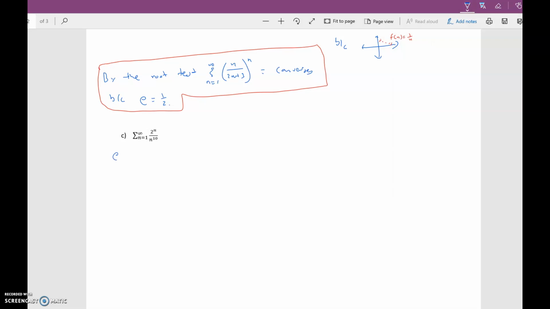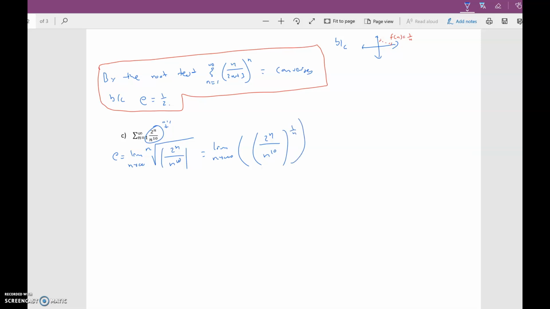At this point, I'm just going to say that rho is equal to the limit as n approaches infinity of the nth root of 2 to the n over n to the 10th. I'm not going to put the absolute value because it's not going to change any of your values. All of these are going to be positive. So, you can add it there, but it's not going to change the main outcome. And this is equal to the limit as n approaches infinity of 2 to the n over n to the 10th, raised to the